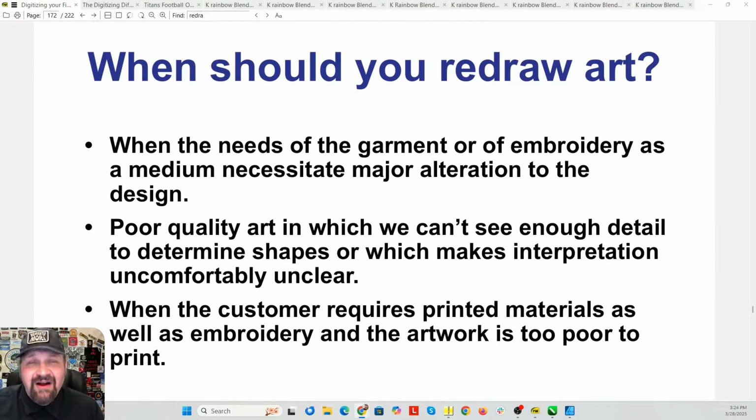When the needs of the garment or the embroidery as a medium necessitate alteration to the design, it makes sense to redraw the art because it is a lot easier to draw some new vector and make vector edits and show previews than it is to redigitize a piece. So secondarily,